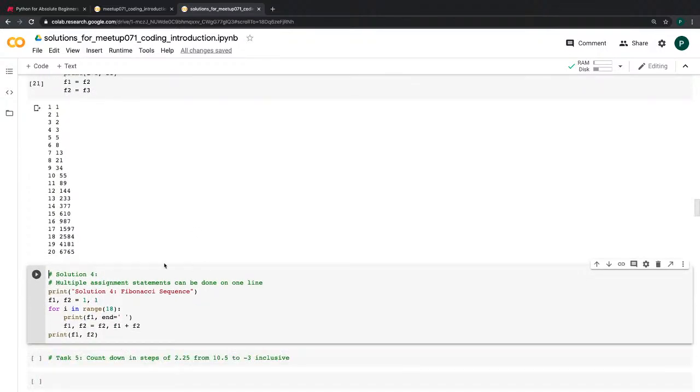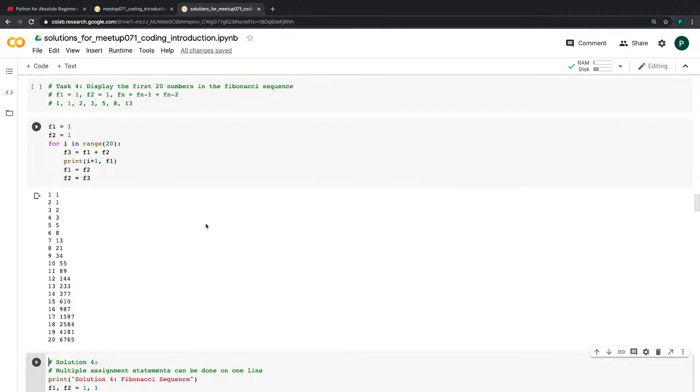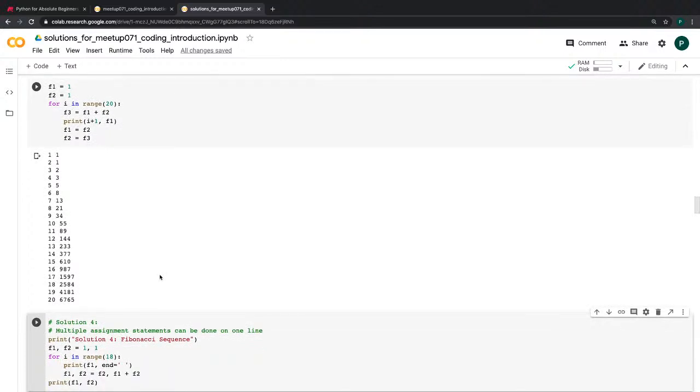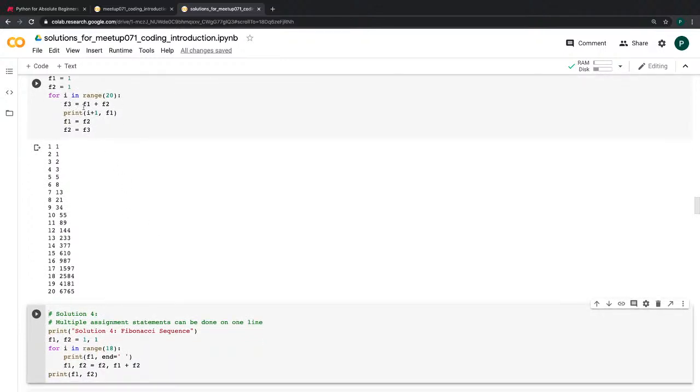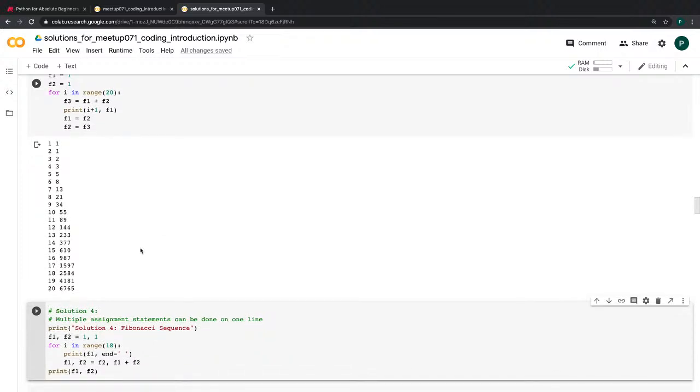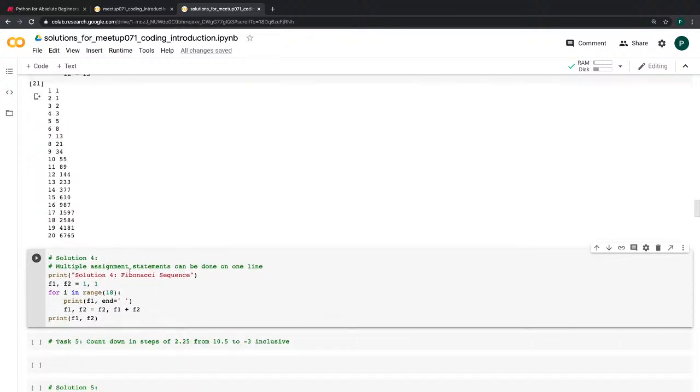So let's have a look at the solution, because the solution seemed to do it in fewer lines than I've done and use fewer variables. I needed 3: F1, F2 and F3, as well as the I for counting. And the solution is using a feature of Python, which is fairly unusual in programming languages, and that's multiple assignment